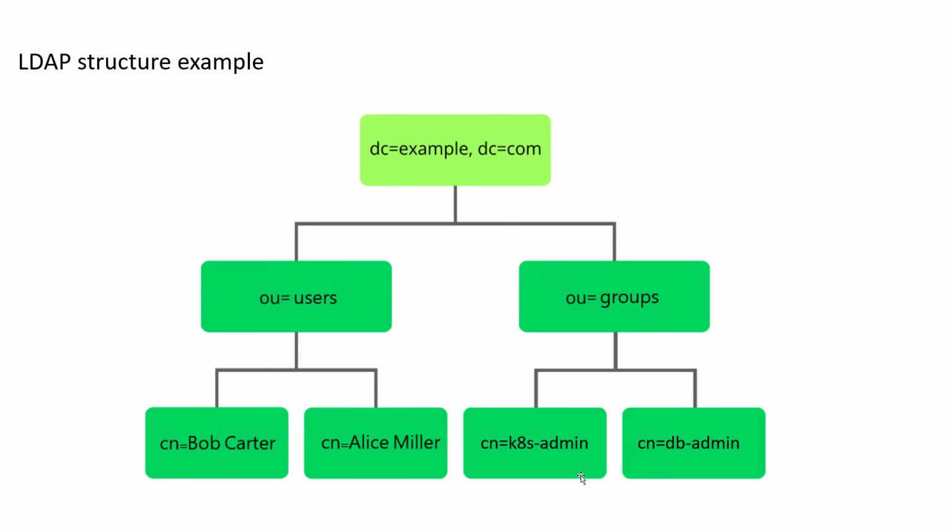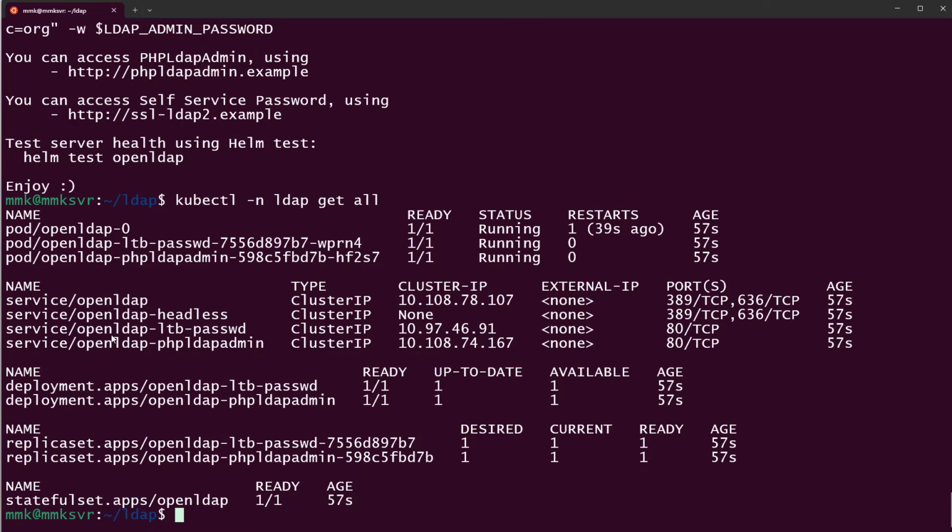for this project. So this question comes to your mind, how can we access LDAP at the moment? Let's go back to the terminal. Here is the service for phpAdmin, but as you see, this is a cluster IP. Here we can change it manually to node port, and after that we can access that service. So kubectl -n ldap edit svc